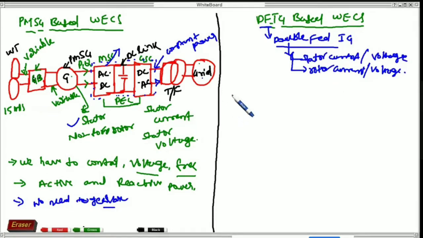If you are going to draw the diagram here, see here, this is the wind turbine, and same here, this is gearbox, and we are connecting generator here. This generator is called DFIG.